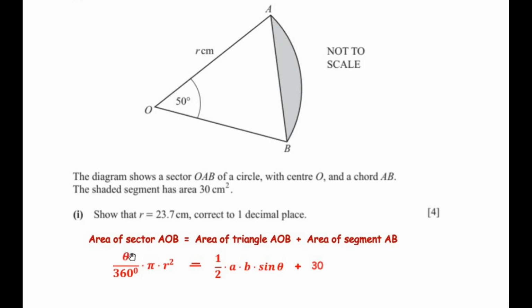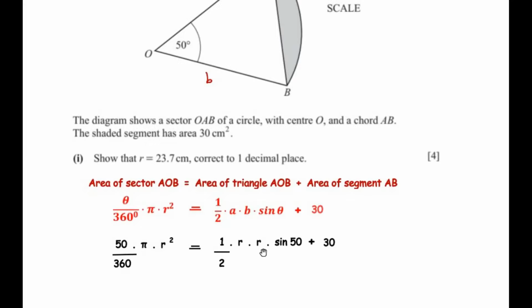We have to show that the value of r is 23.7. Now in this area of triangle formula, a and b represent the two sides of the triangle, that is OA and OB. So we can consider a as OA, which is going to be r centimeter, and OB as b, that is also going to be r centimeter, because they are the radii of the same circle. And theta represents the angle between these two given sides of the triangle. So in this case, theta is going to be 50 degrees. So let us write here. Theta is 50, so 50 over 360 times pi r square is equal to 1 over 2 times r times